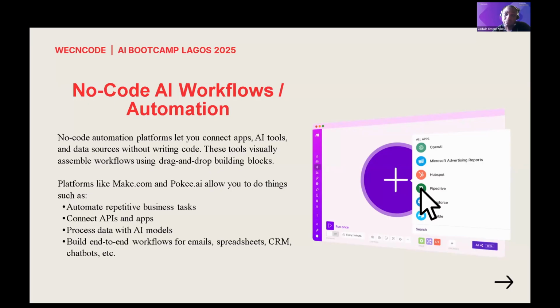Well, some personal tasks as well can be automated such that you don't need to worry about them. The system does that on your behalf. But majorly, we look at business. If you look at most of these platforms, they are built with a business understanding. And so if you are using them to automate business tasks, it's even far better because first,